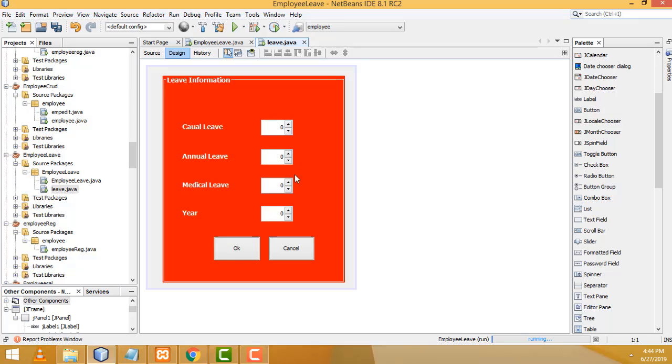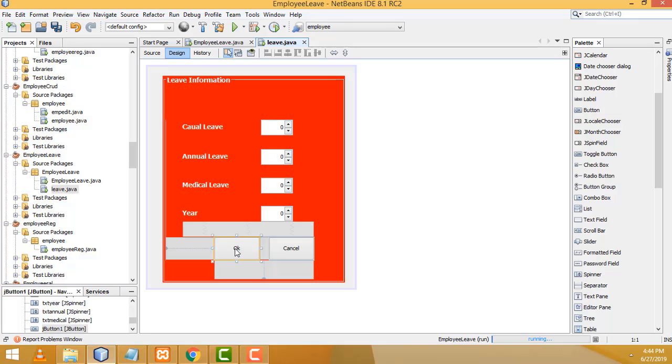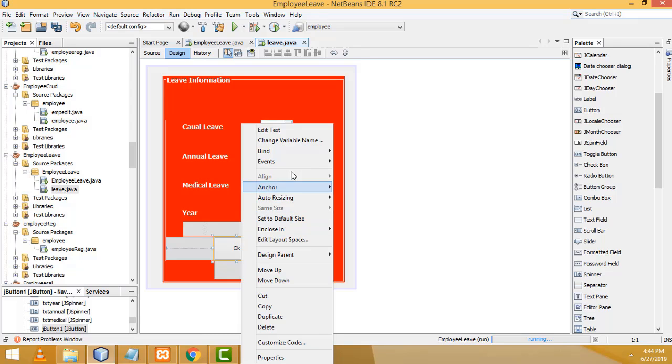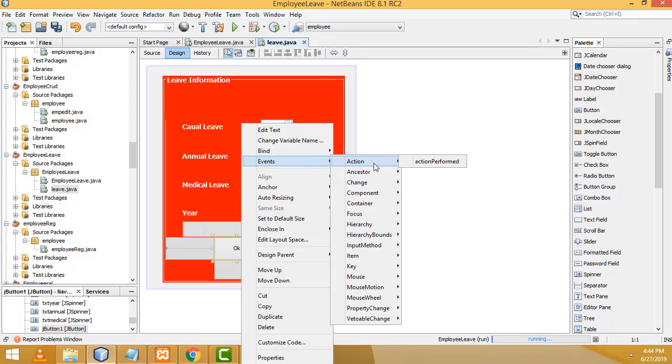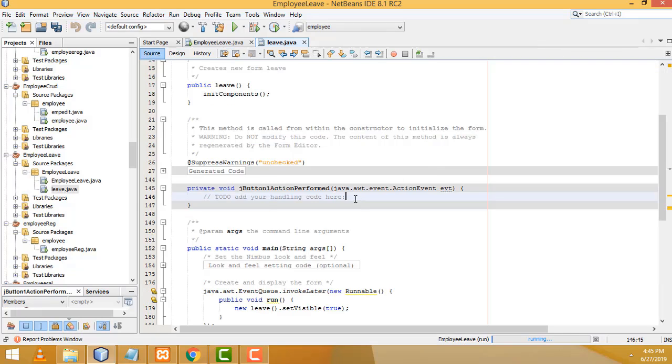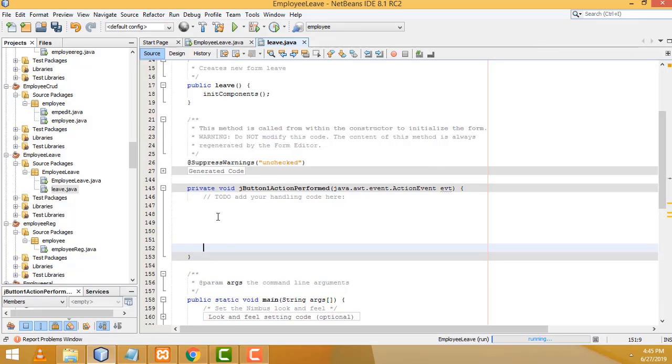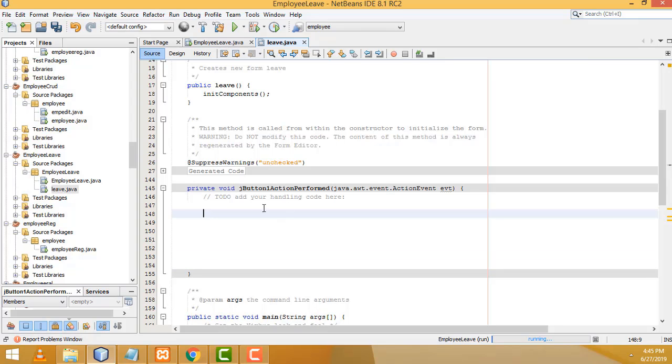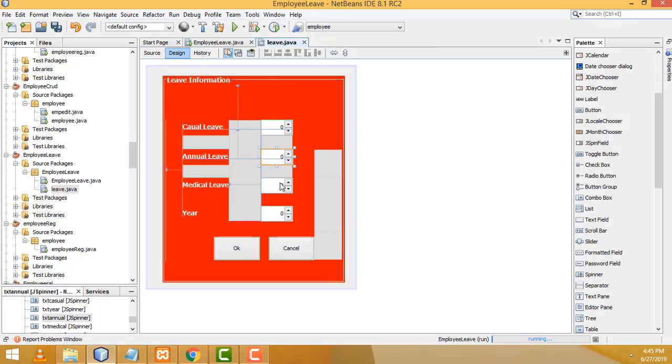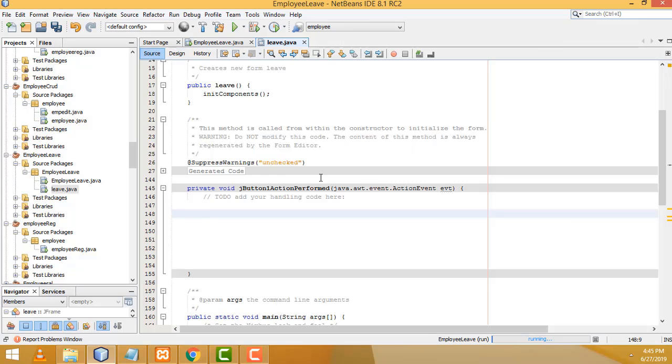Now what I am going to do is click the OK button, right click, event, action performed. Right, now here I am going to add the leave for the employee. So first, these values we have to assign to the relevant variables. So this one, what is the name, txtCasual. So you have to write String casual equals txtCasual